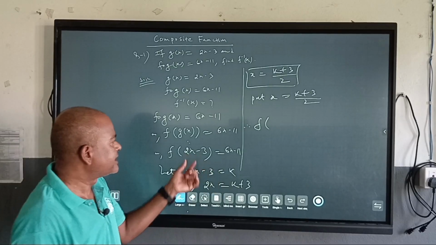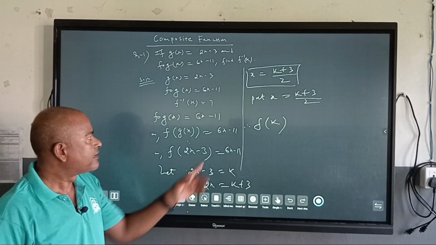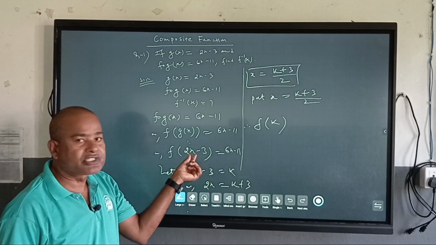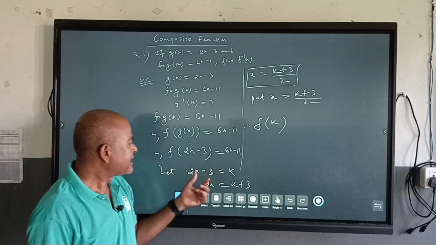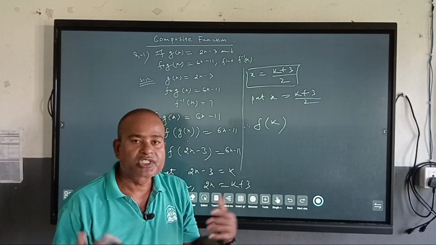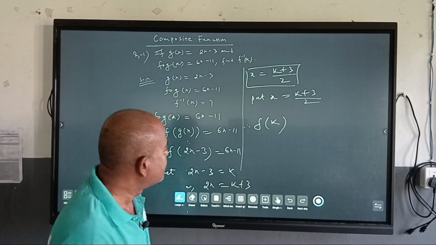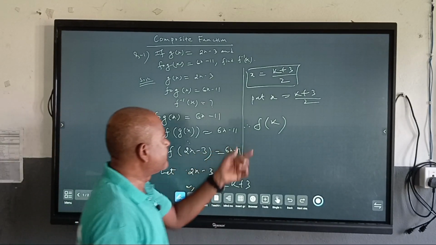So 2x minus 3 directly we can write as k, or we can put the value of x, k plus 3 by 2, in place of x in the left hand side. Or directly we can replace 2x minus 3 with k, because 2x minus 3 we have supposed as k. So directly replacing 2x minus 3 by k, f of k equals